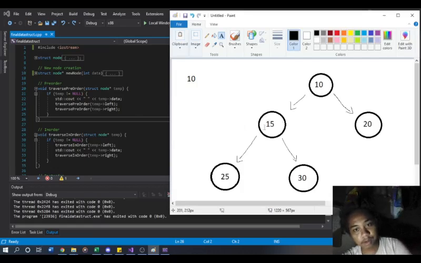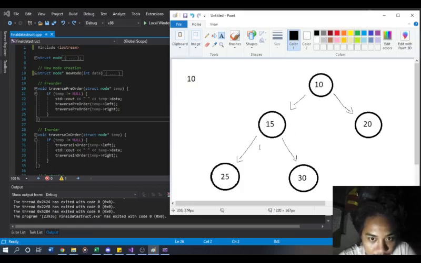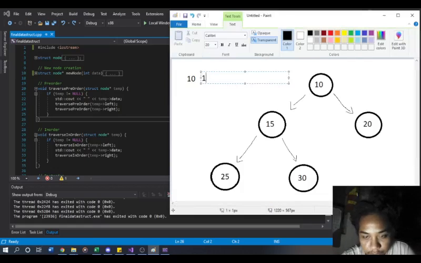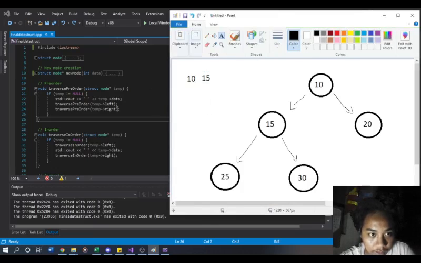But since 15 is not null, and 25, it's gonna perform this. It's gonna perform this again, and then it's gonna perform this again for another set. And it's gonna be 10, then 15,